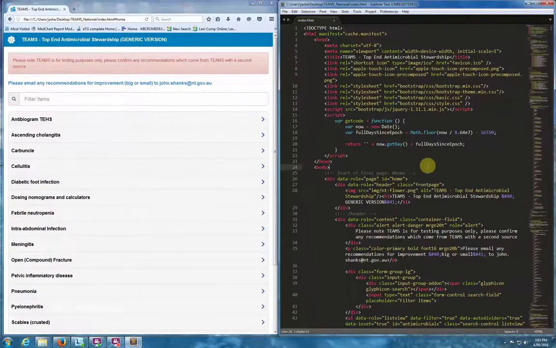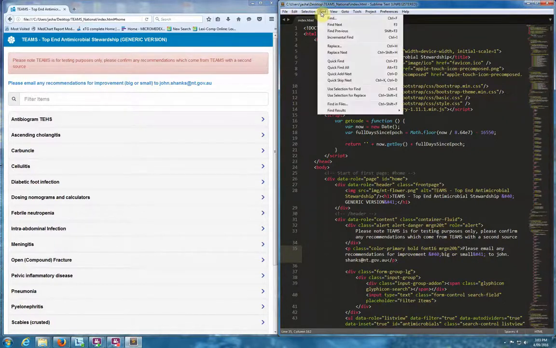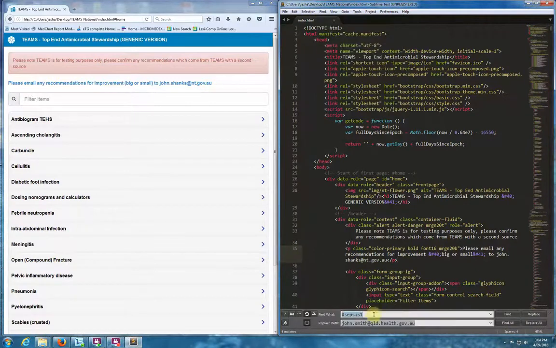So one of the first things you're going to want to do is get rid of this "Teams is for testing purposes only" recommendation, perhaps. Or you might want to leave that on, and maybe you just want to change your email address. To do that, that's pretty easy. We just go Control and H, or you can go Find, Replace, Control plus H, and